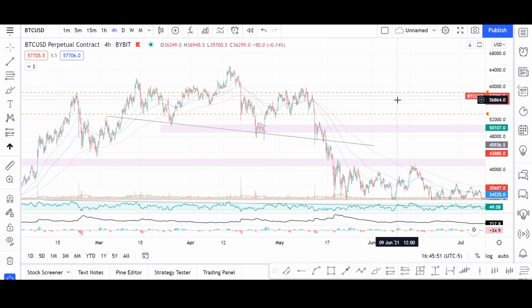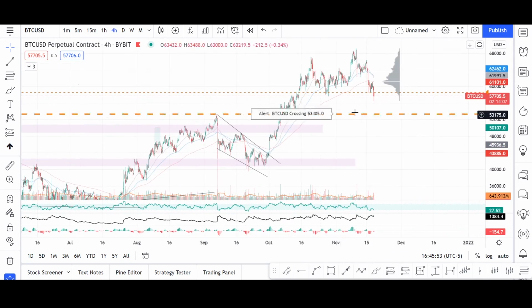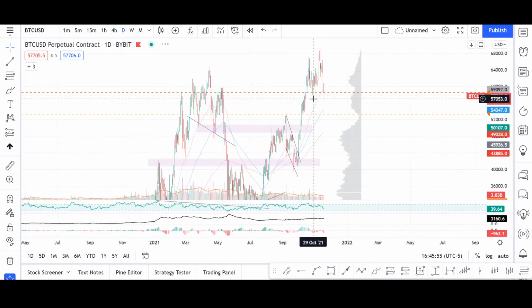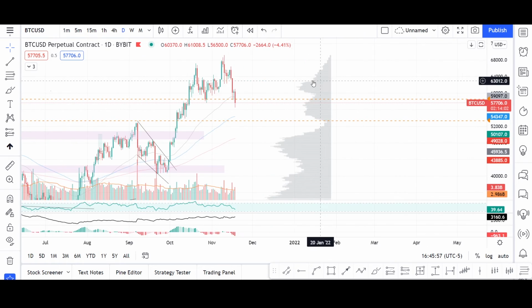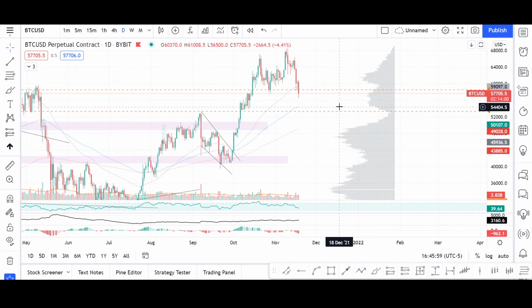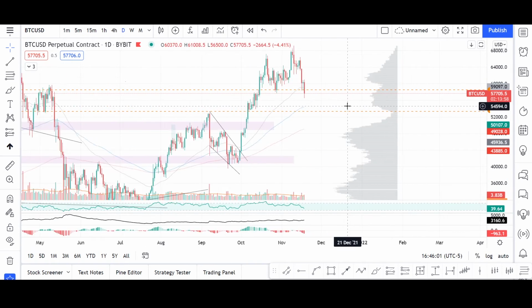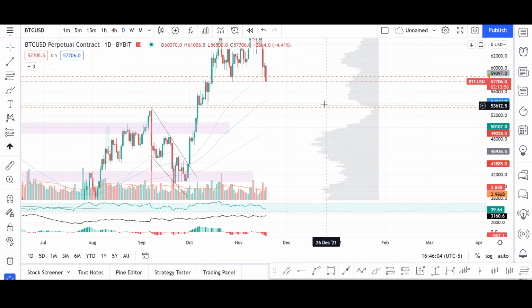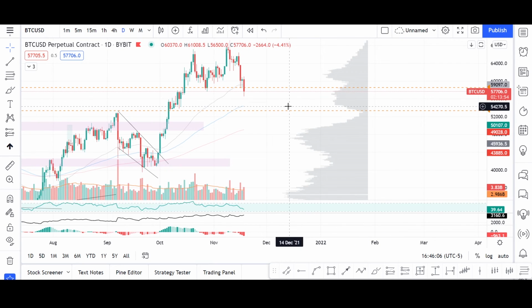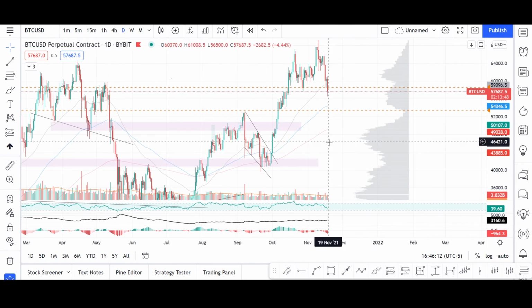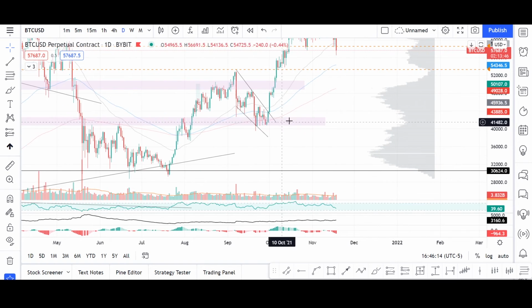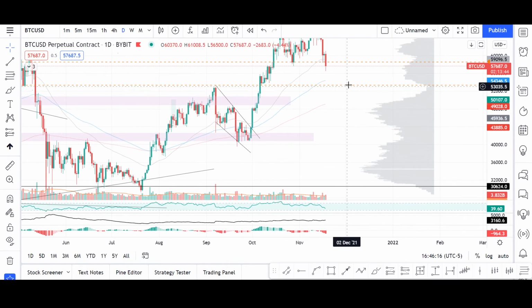So it's one of the levels that might be observed, especially as on a daily chart that might converge with this blue line that symbolizes the 100 EMA area, that supposedly, as previously, should be bounced